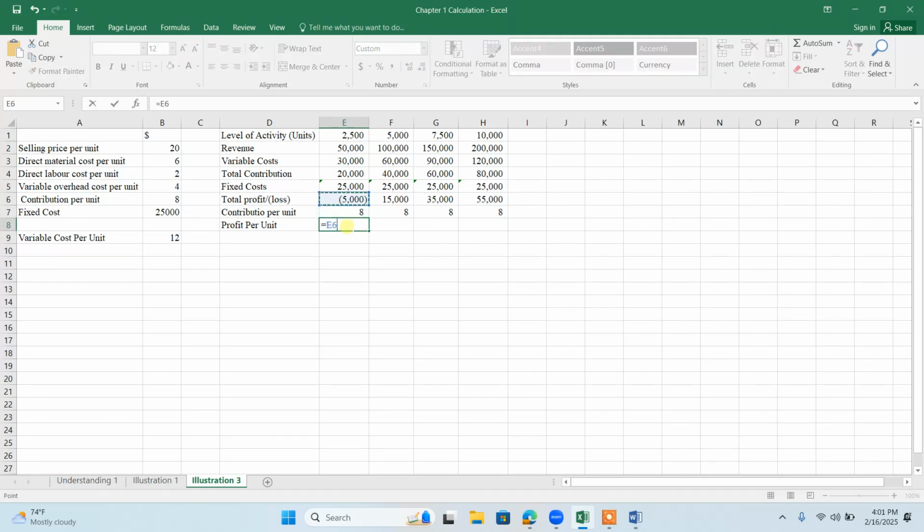So the profit per unit is profit divided by number of units. But you can see that now the profit is increasing, because you are in profit here since your contribution margin is